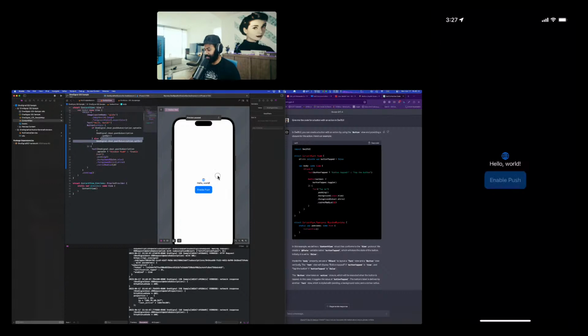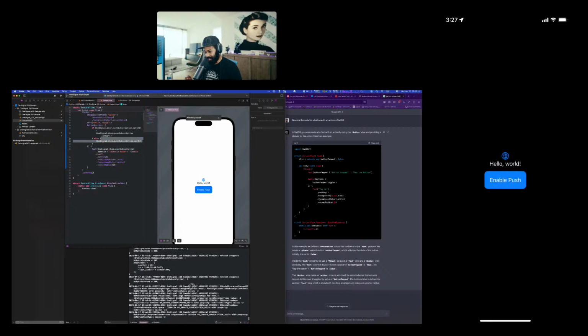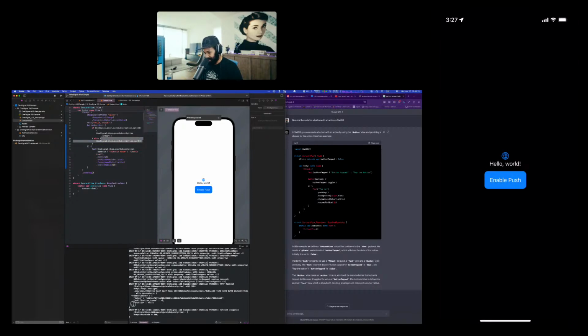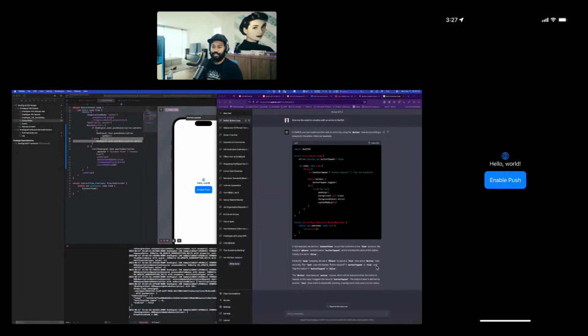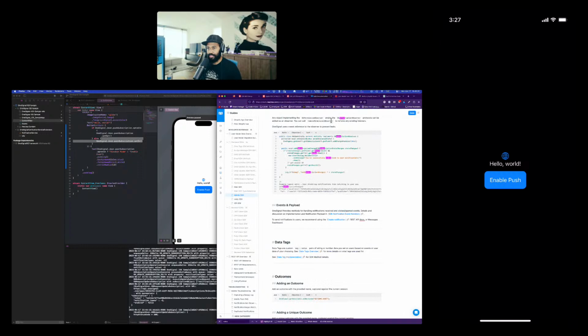So I'm gonna go ahead and enable push. Nothing's gonna happen, in quotes, except this part right here. So it actually did happen. All right, yeah. Go back to the docs.